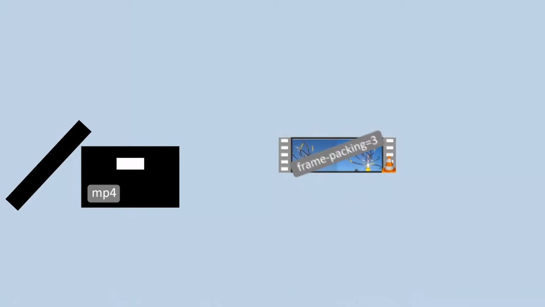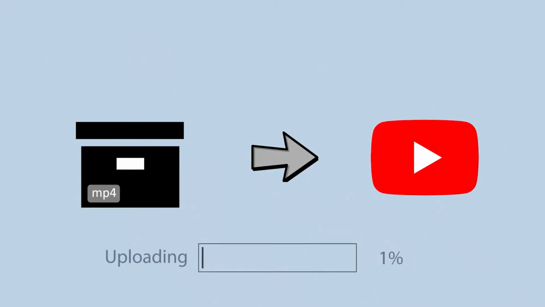In methods 1 and 2, we take the MP4 file. By the way, other common video extensions should also work as long as the video is side by side, and decode the file. Then we stamp it with metadata that states frame packing equals 3. This basically declares the video frames to be arranged in a side-by-side manner. We then encode the video using the H.264 codec, which understands this metadata, and we can then upload this to